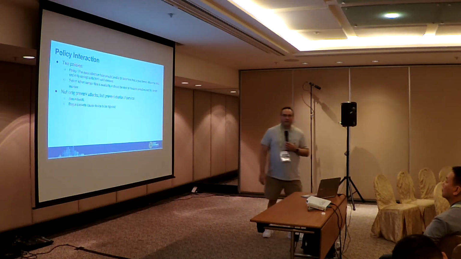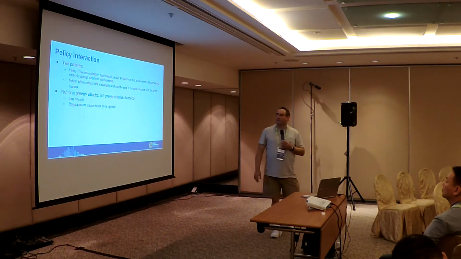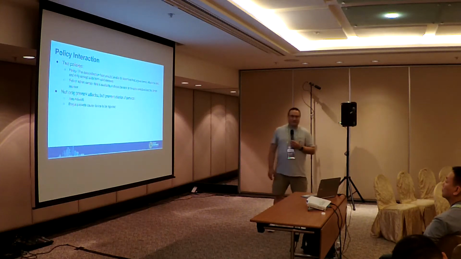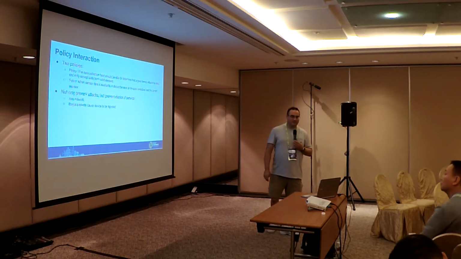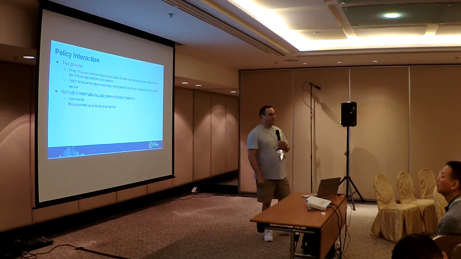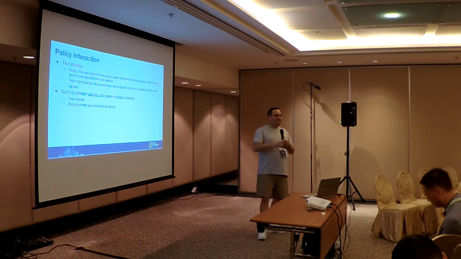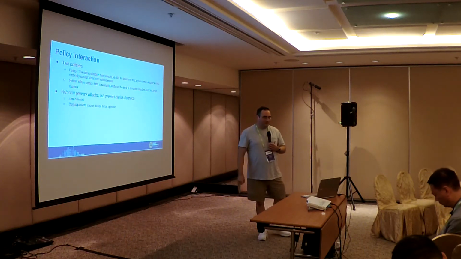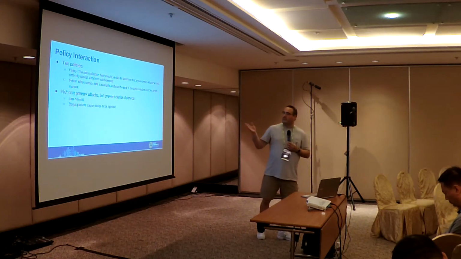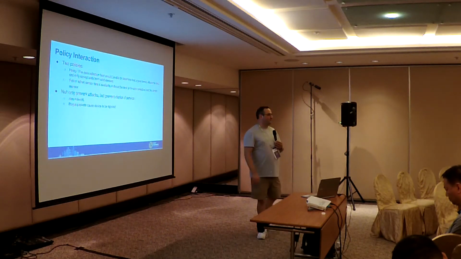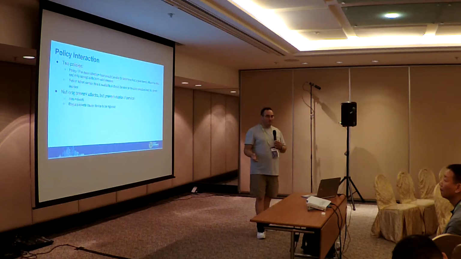So moving on, I wanted to talk about how the policies themselves can interact. We have a policy that says the data collection host should be able to determine that a given sensor device is valid and only accept data from valid sensor devices. And we have another policy that says when the sensor data is available, it should be sent to the data collection host in a timely manner. So this is kind of availability versus spoofability. Not only do we need to prevent attacks, but denial of service is a legitimate thing to consider in a threat model.